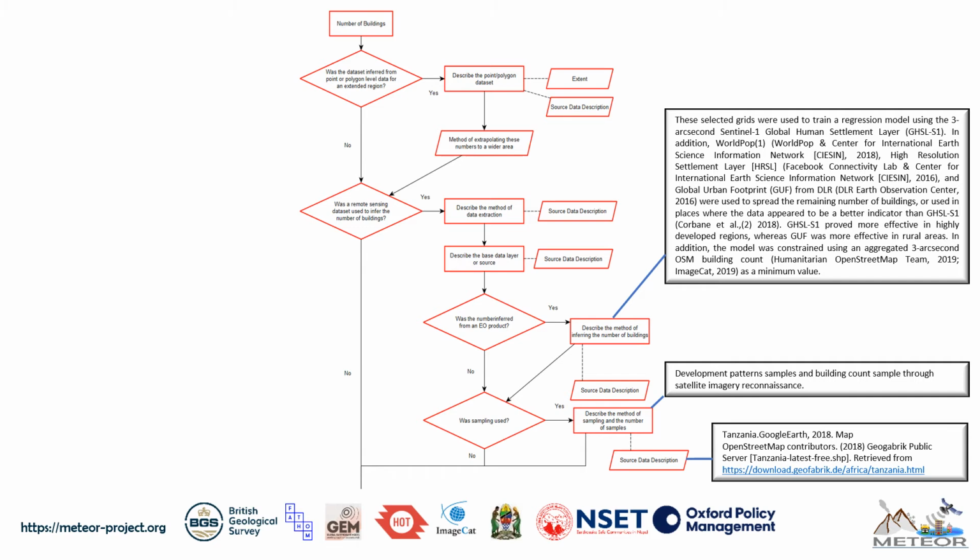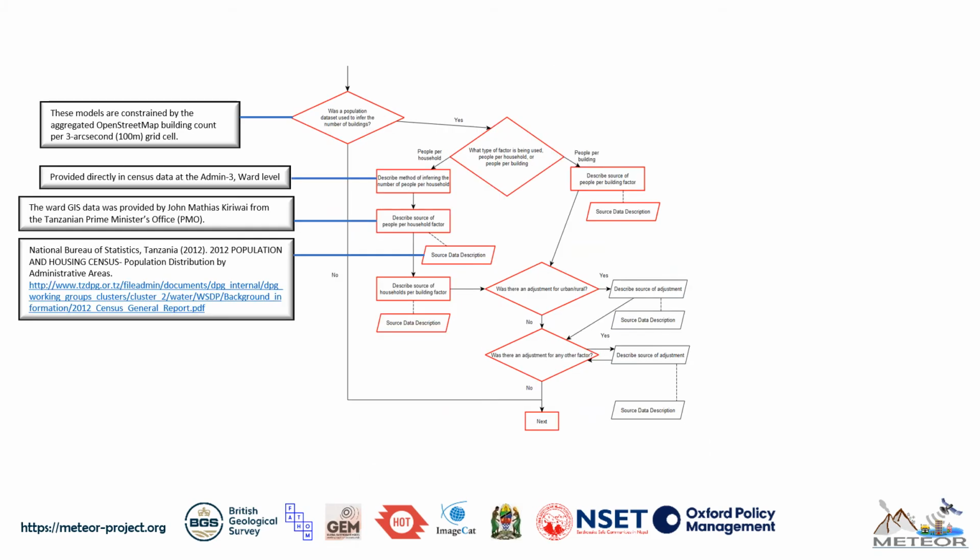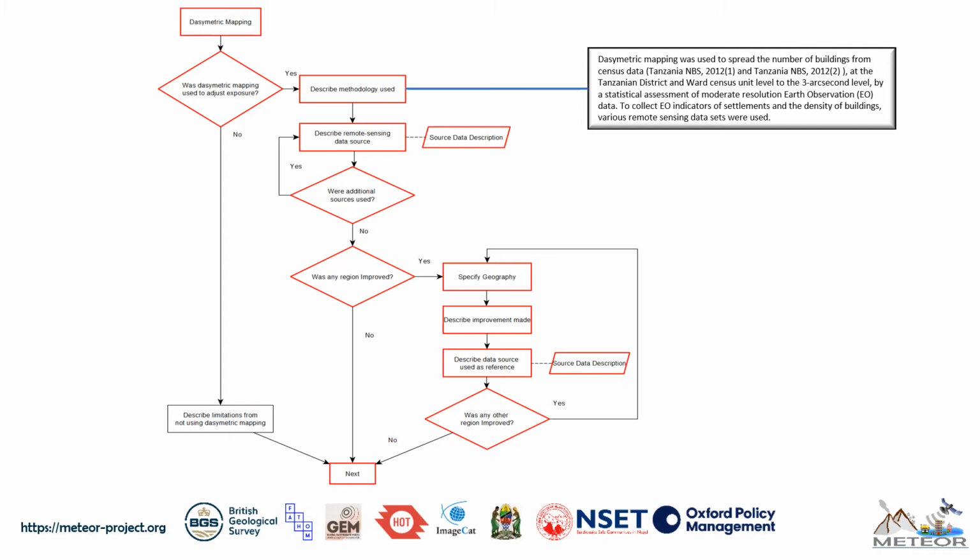Sentinel-1 GHSL proved more effective in highly developed regions, whereas the GUF was more effective in rural areas. The model was constrained using an aggregated 3 arcsecond OpenStreetMap building count grid as a minimum cell value. As mentioned, the people per household were obtained from the ward level data. Dasymetric mapping was used to spread the number of buildings from the census administrative units to the 3 arcsecond grid cell,